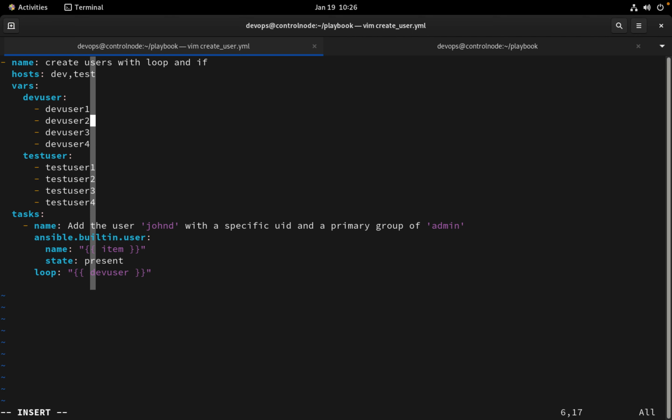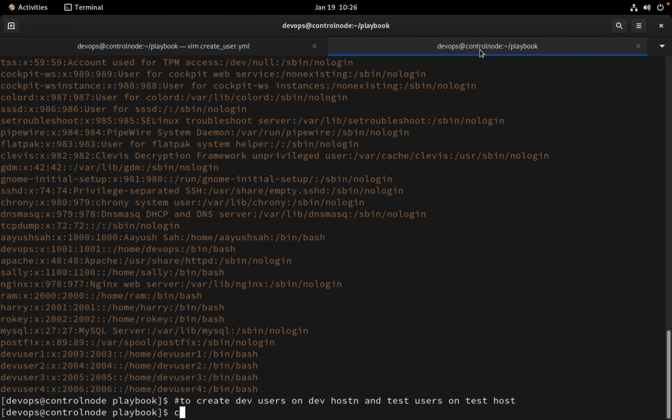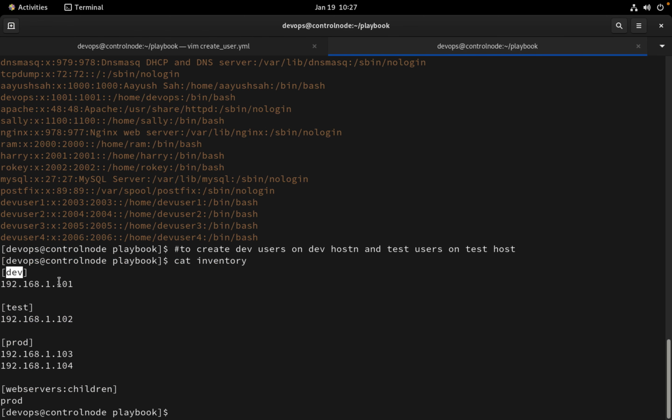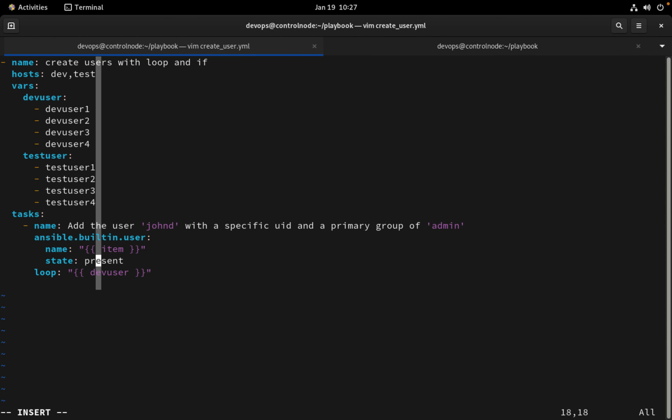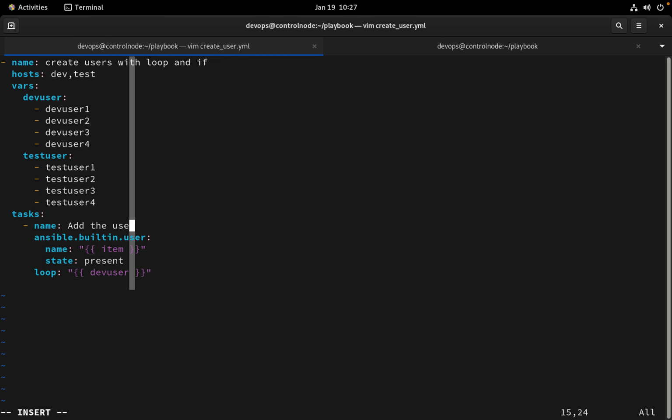So suppose in this case I have dev user and test users, and I want to create dev user on the dev host and test user on the test host. So if you see here in inventory, in dev group we have 101 host, test group we have 102. So this is it. Now how we can achieve that? Let me change the comment here: users for dev host. So this section is final, right? Create user item state present, but now I'm going to use the condition, that is when